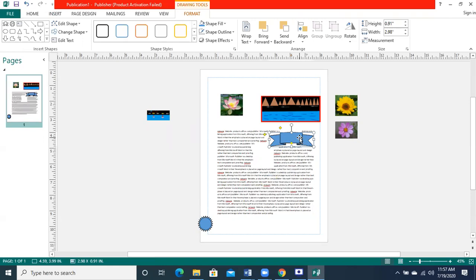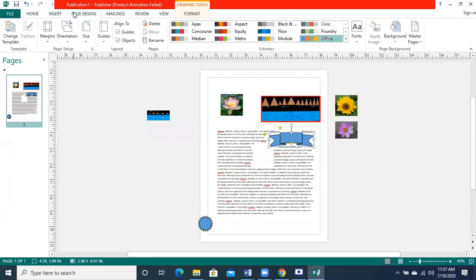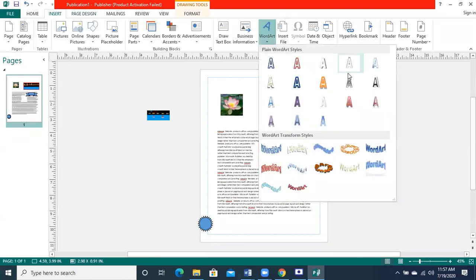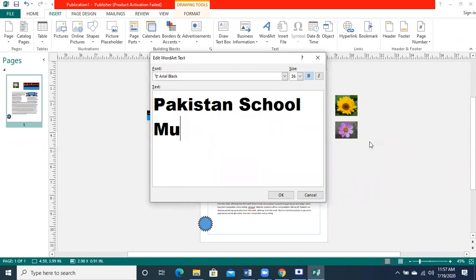Fine. Similarly, word art is the colorful text design option which is available over here. In the insert menu, word art is there. You can insert text in different designs. Different designs are there to insert text. Just like all these things are there that we have already discussed. Okay.